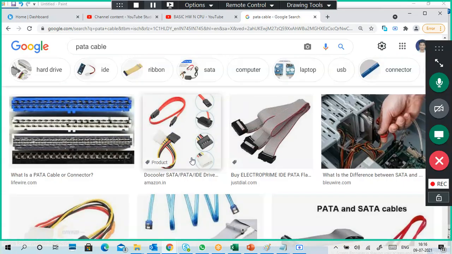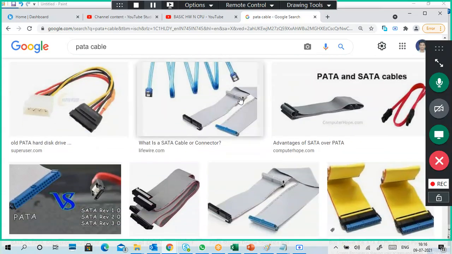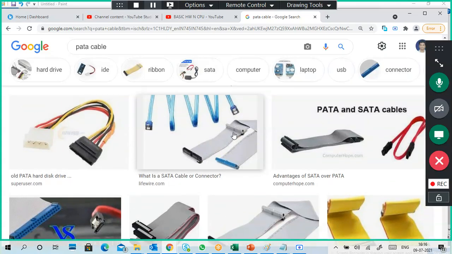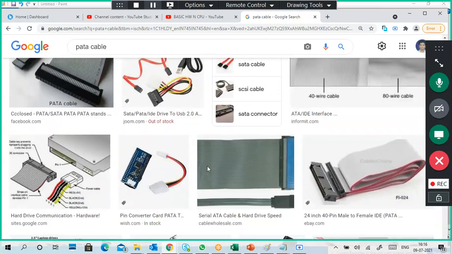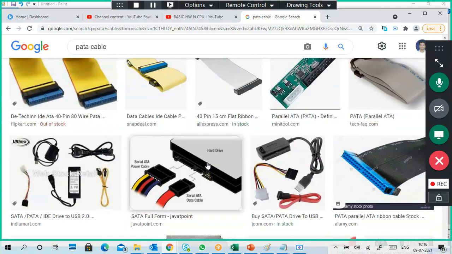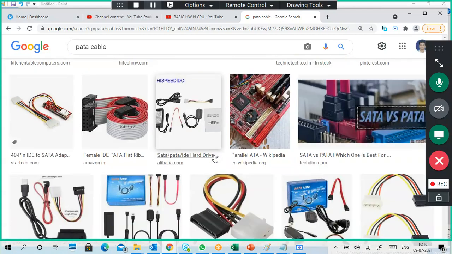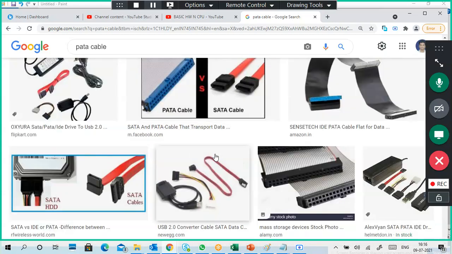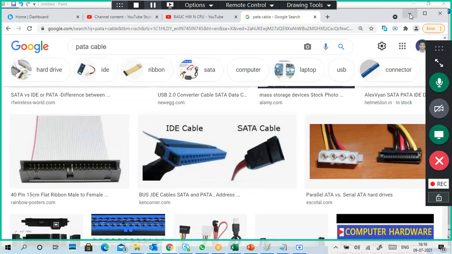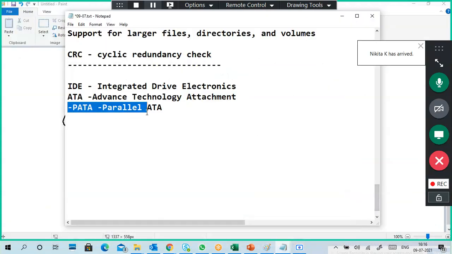One side it is going to the motherboard, and on the other side you can see three points. The first one, second one, and third one. The third one, blue, is going to the motherboard. The black one is going to one disk drive. The second, white one is going to another disk drive. So one cable can connect to two disk drives. You have to search for images because we can't show these things physically. Anyway, this is the bus connection, Parallel Advanced Technology Attachment.